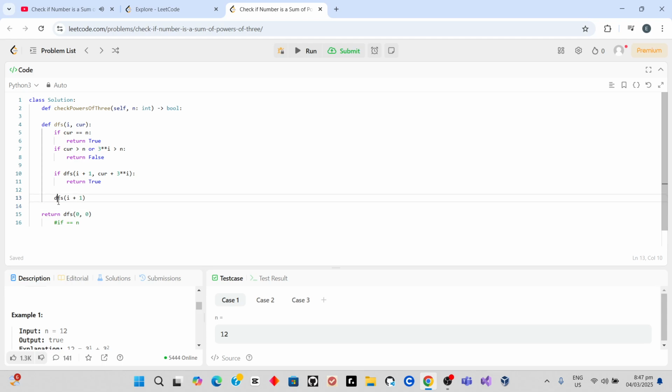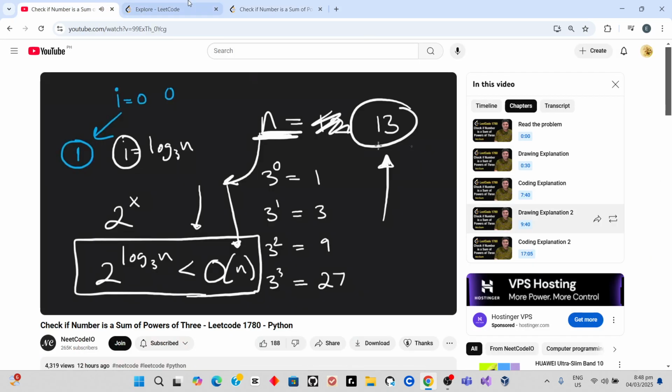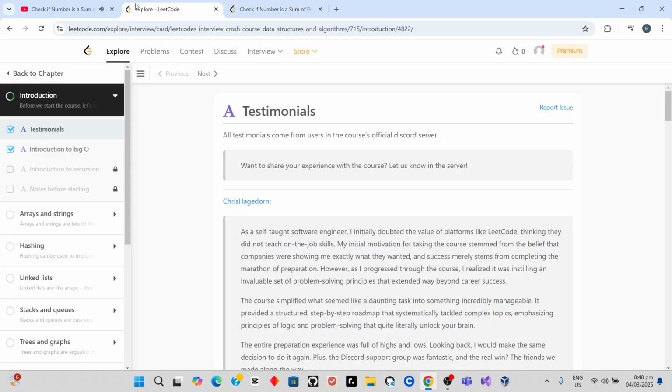So let's try to run it. Yes, and as you can see here, it works and it's pretty efficient. But there's actually a more efficient solution. And it's possible that you can arrive at that solution on your own. I'm going to try to give you some hints right now, and then I'll just walk you through the solution. So let me kind of give you just a tiny bit of math background. It's going to be a little bit simple